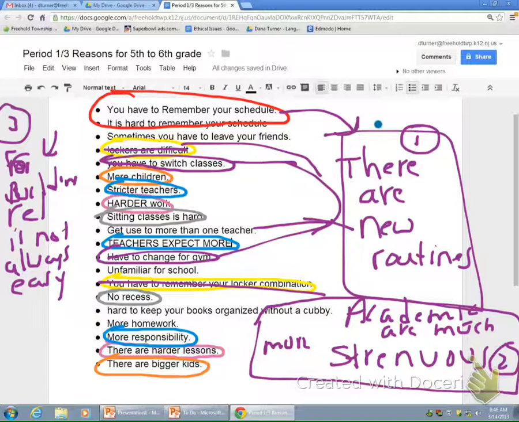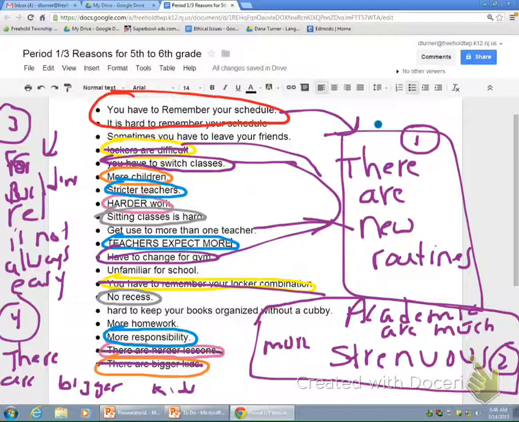All right, so now a fourth one. Can we categorize all these? Is there anything, like bigger kids, that can be on its own? You get trampled, like legit, shoved into a locker. All right, so bigger kids and more kids. Let's put number 4: there are bigger kids. We can have that stand on its own. Please stop talking. Okay, so we got rid of this, we got rid of this. What about more responsibility? Could that actually be on its own? Yes. All right, so let's make a number 5: more responsibility.